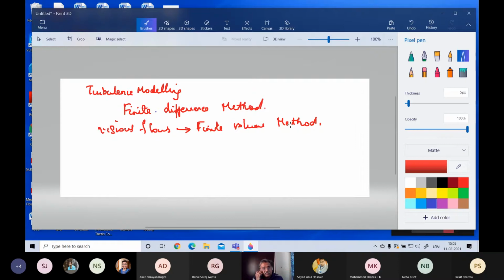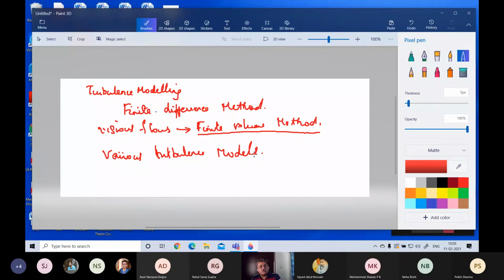So it's mostly so that you can get a very good idea of all aspects of modeling, starting from the turbulence modeling to the finite volume method or the discretization method. This is what you are going to do from tomorrow or next week. Right now, let us take a look at the various turbulence models available in use today.